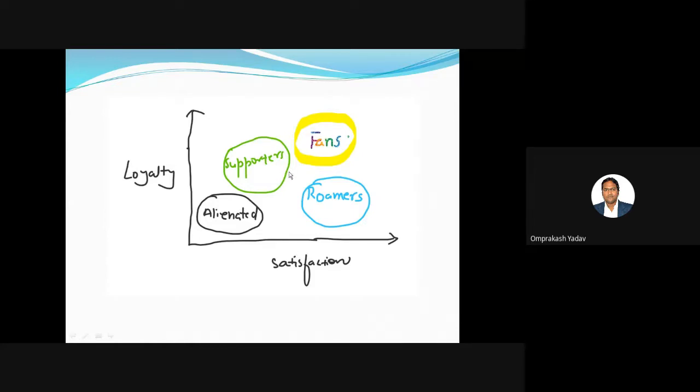Over here, we are observing three groups. I have marked them as the supporters, fans, and roamers. So now let's try to study them. What do we mean by supporters, roamers, and fans? Let's first understand the fans. The name fans is given because they are simply fans of your shop. Anytime you have the product, most of the time they will come to your shop, and every time they buy one or two products from your shop. They are really the fans of your shop.